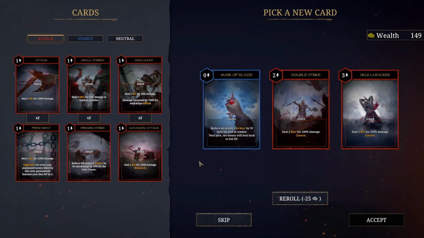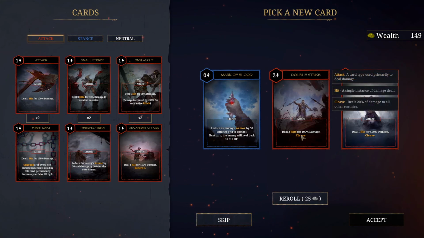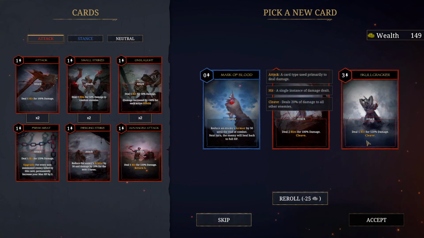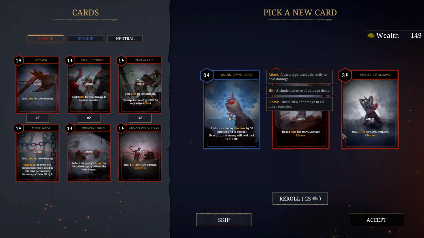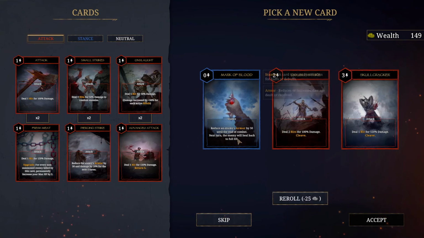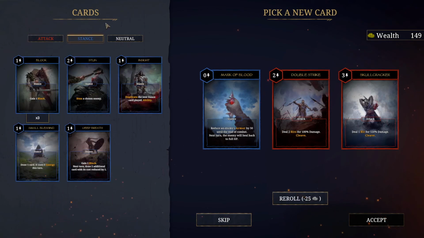items there. Reduce an enemy's armor by 50 until the end of combat. Next turn, the enemy will heal back to full. Oh, we've seen that before. A free stance card, though. Deal 2 hits for 50% or for 100% damage. What does cleave do? Deal 20% to other enemies. It's pretty good. Skullcracker. Which one's better? Skullcracker's probably a better move, right? But do we actually want more stuff? Or do we want...